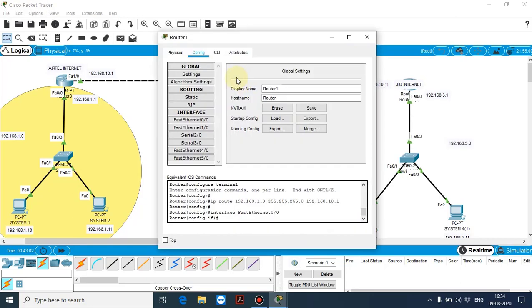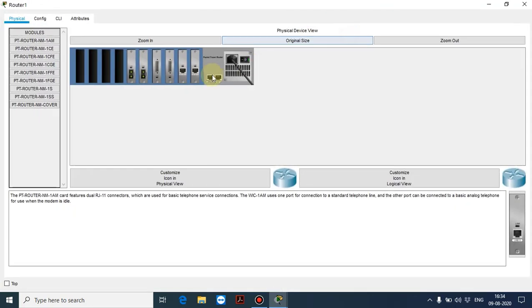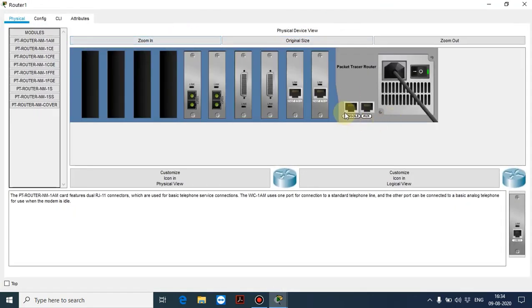Open the router, go to physical interfaces. First you need to switch off the router. Here is the button. So here you will have a port. What is the port? Here is line 0. You will have to check the port. This is the first port.